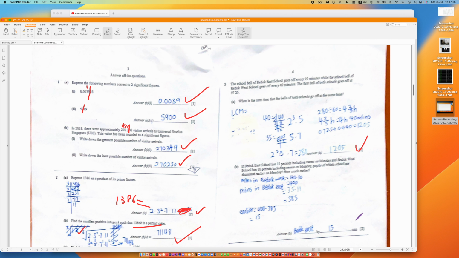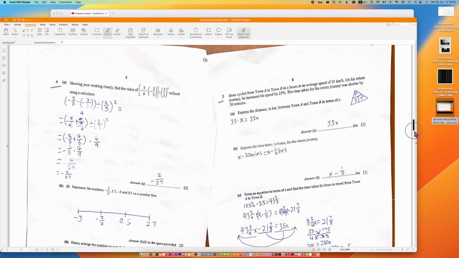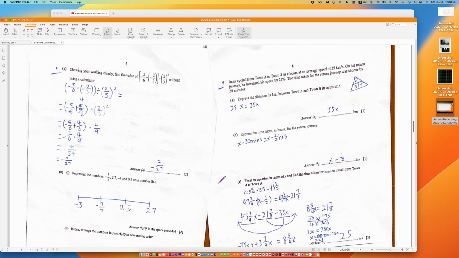By the way, I did this paper with someone, so I can do this quickly. So once again, use the right bracket. Okay, so